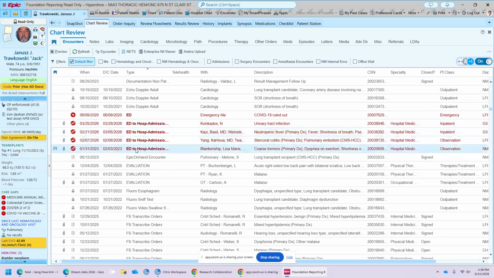So you want to look through all of these after the original transplant admission and see if the regimen changed at all and for what reasons, and if there were any infections, any rejections, or anything like that. And so let's see if this patient